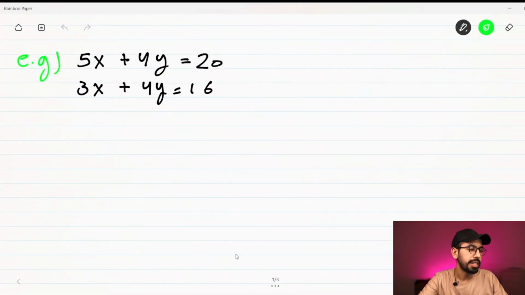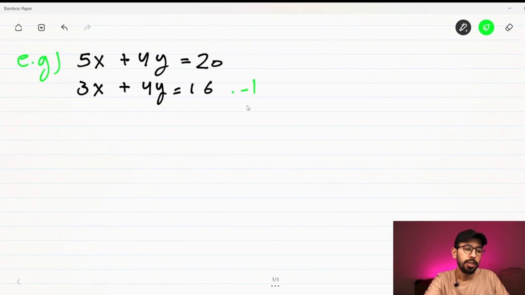So we have this example here. 5x plus 4y equals 20, and we have 3x plus 4y equals 16. We have 4y here and we have 4y here. We have two identical terms, but they have the same sign, so now we cannot eliminate them. But there is another way to solve it, which is by multiplying the second equation or the first one by